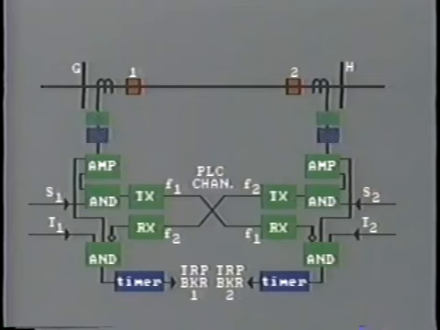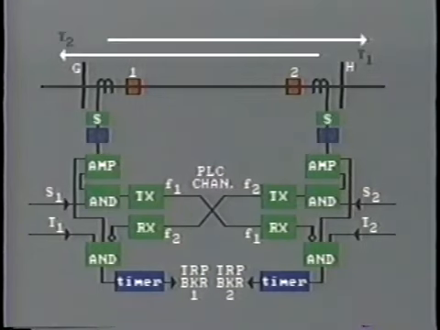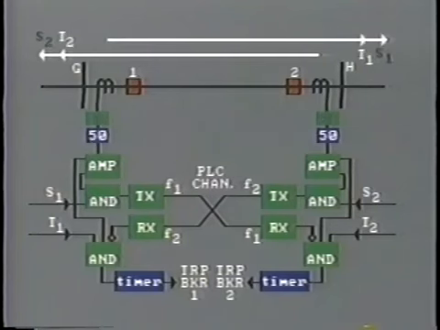The overcurrent relays are set up like this. The trip relay is set to overreach into the adjacent line. This is the element which is used for tripping. The starter relay is set to overreach further into the adjacent section, and this is operated without time delay to start the transmitter. So let's look at an example where the fault is to the right of bus H, but